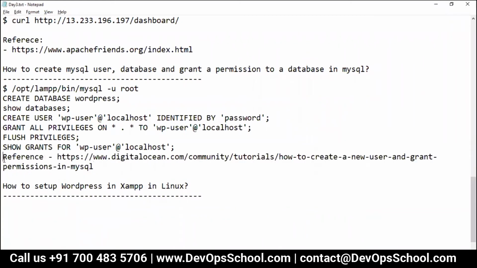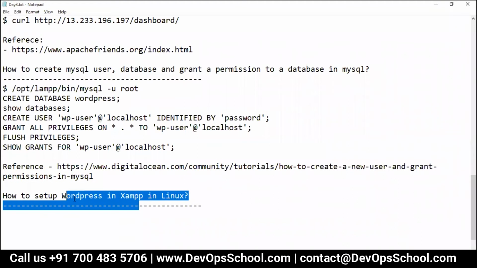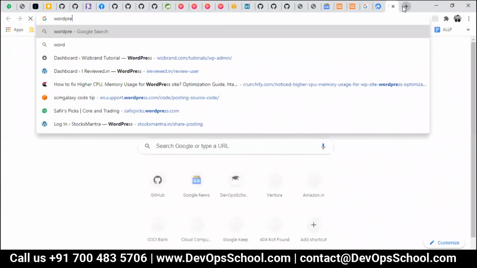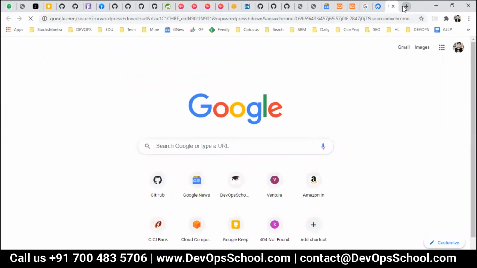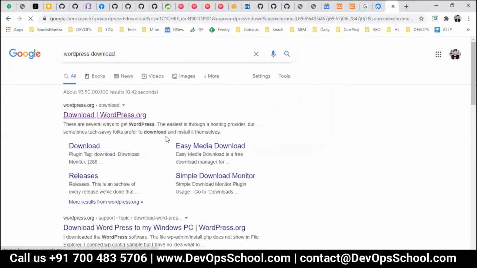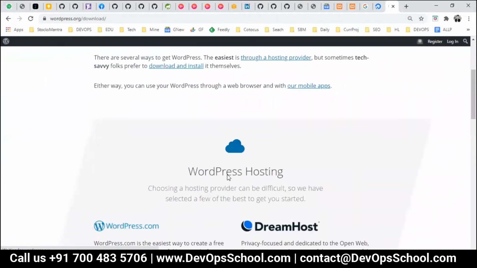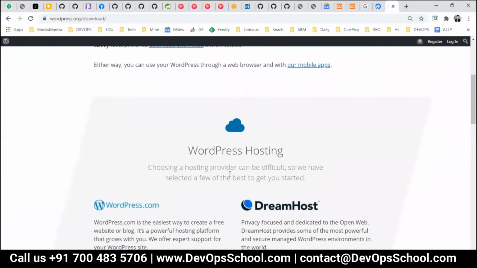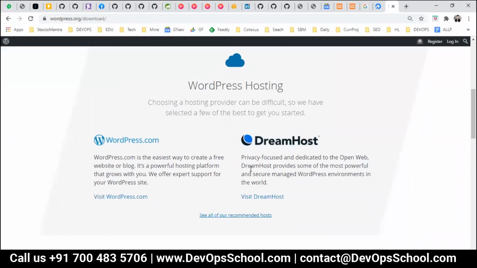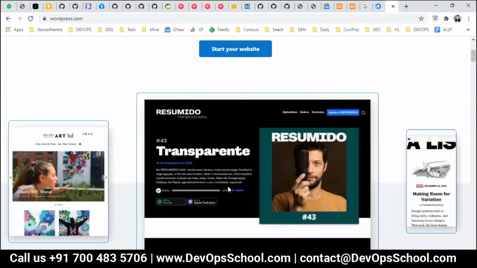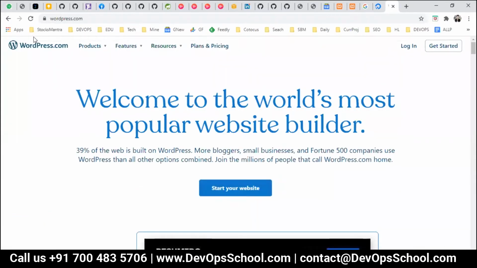Okay, so now how to set up WordPress? So guys, here I'll go to the WordPress download. Enter it here, and then what I'm going to do is wget, and I want to download.